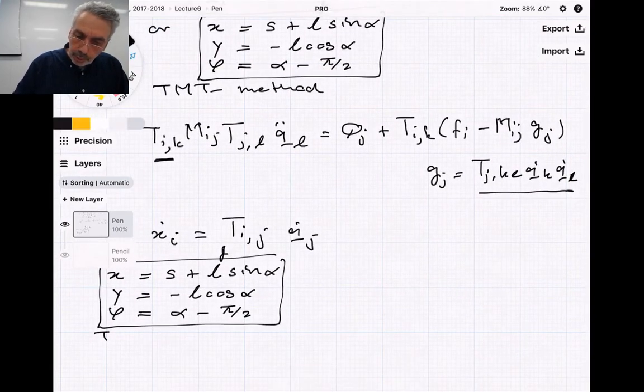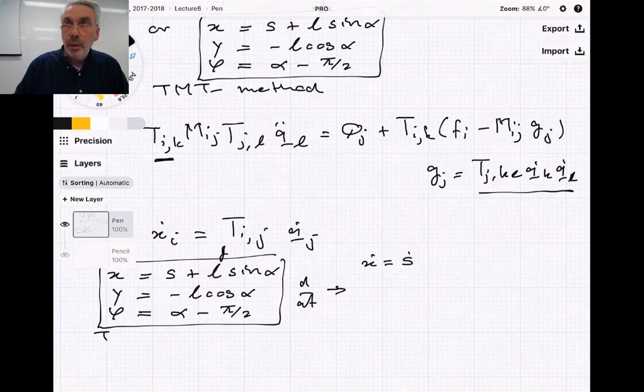Differentiating with respect to time, what do we get? x dot equals s dot. L is a constant, right? It's not a generalized coordinate. Generalized coordinates can be confusing because usually it's x, y, and phi for coordinates, but for generalized coordinates you use strange symbols. But L is a constant, so L